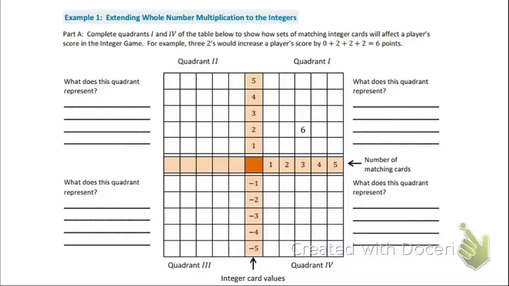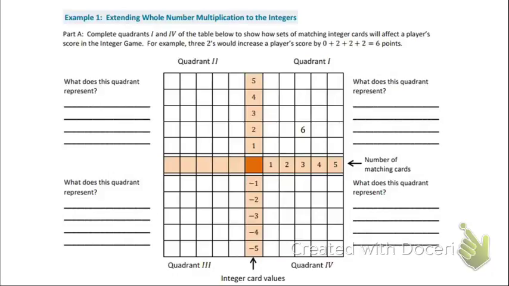Welcome to Lesson 11 of Module 2, and the title of this lesson is Developing Rules for Multiplying Signed Numbers. This first part is going to be similar to what we did in class on Monday, in that it is using the analogy of the integer game, thinking of the integer game drawing and discarding integer cards. Okay, so here's part A, and in this example we see the four